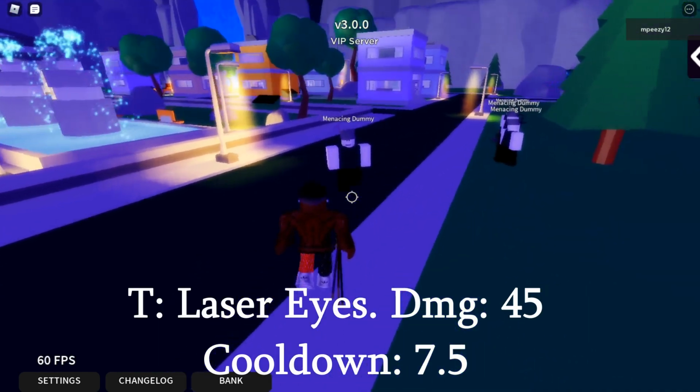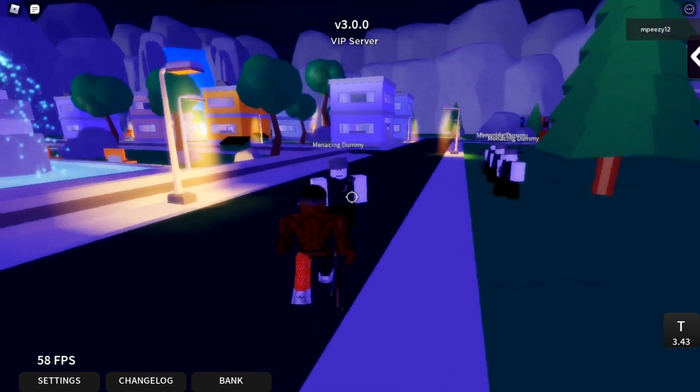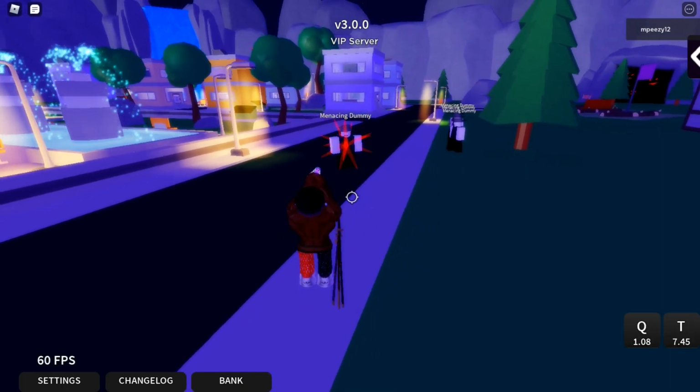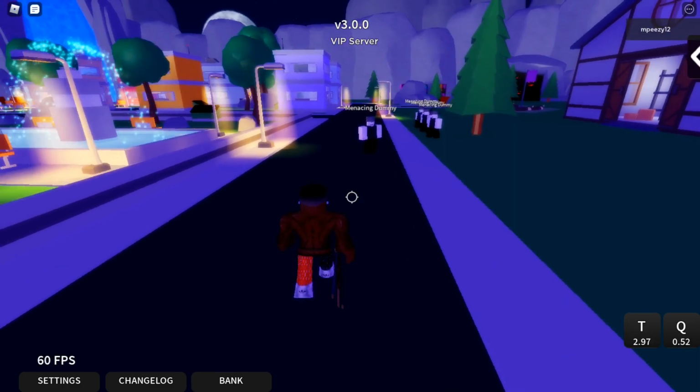Your next skill will be T, and those are the laser eyes. Really good move as well. Does 45 damage. This is really good for zoning when you first start a 1v1. You always want to throw knives into beam,